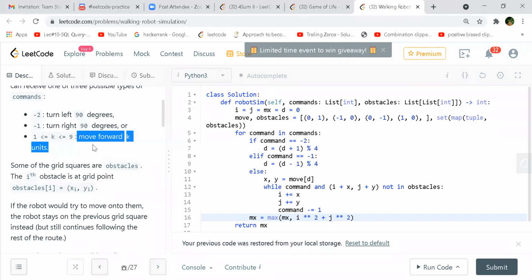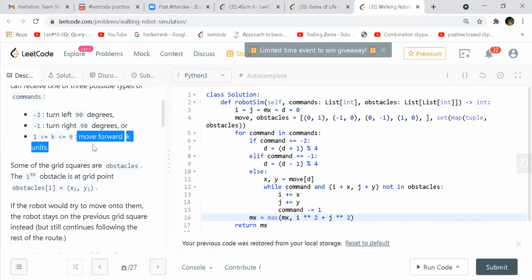No, we actually have to find the maximum value. Sorry, my bad. To find the last coordinate's Euclidean distance, right? So why do we need to take this max every time? No, he's saying the maximum distance. It's not the last one. While you are traversing, you might happen to come back to 0, 0 also, right? So in the whole journey, whenever we are away from 0, 0, the maximum distance from 0, 0, that we need to return, and therefore that max comes into picture.